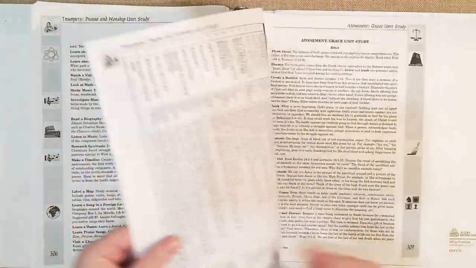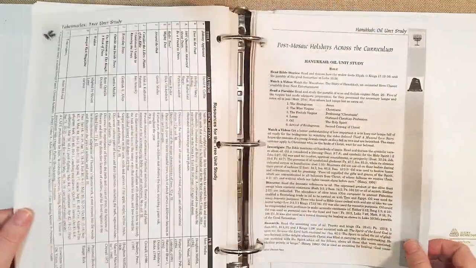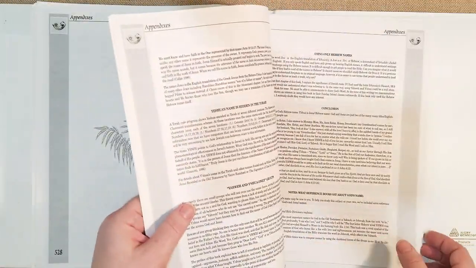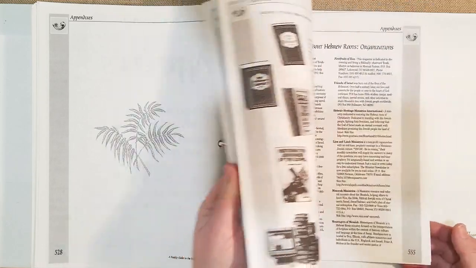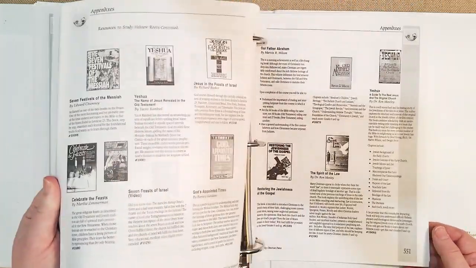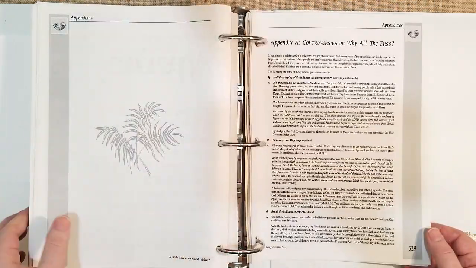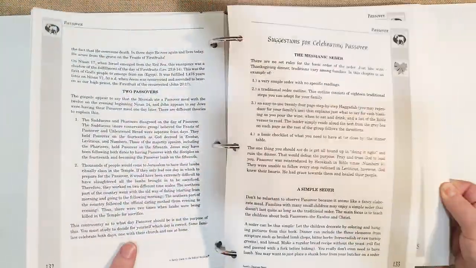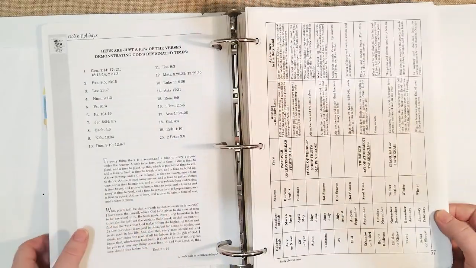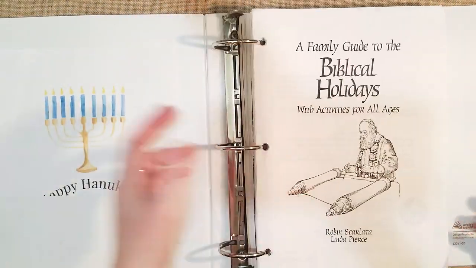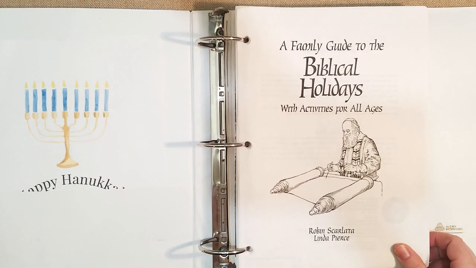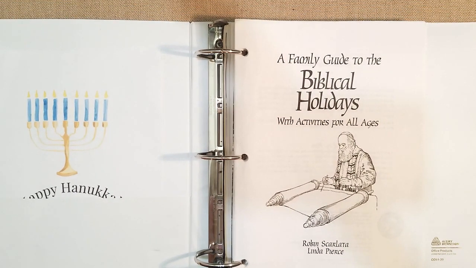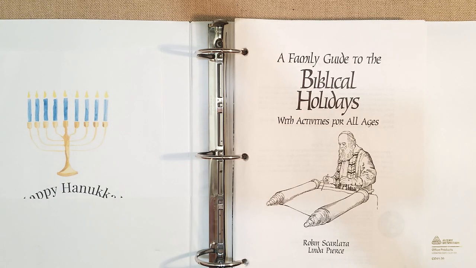It gives you lots of resources, lots of questions and discussion, things for your kids to do. And then in the back here, it shows you all of the books that were the resources they've read to understand these biblical holidays and where they're coming from and where they got all of their information, and of course the Bible. So this is a really good resource for you guys that just want to know a little bit more about your Hebrew roots, and it's very biblically based.